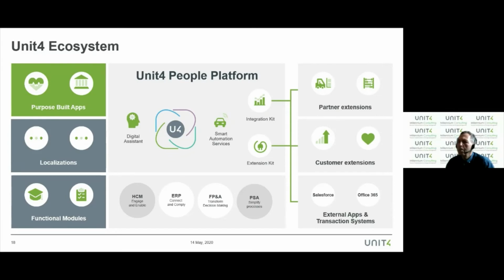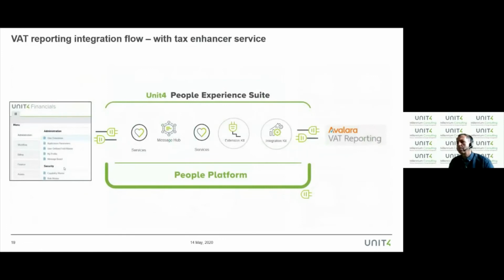And so from a Unit4 financials perspective, we have connected financials to this people platform for certain of these microservices that we want to consume. So apps that are built, or for that matter, in some cases, we can consume things like the capabilities within the extension kit without necessarily going via the message hub. So the key thing is, in order for Unit4 financials to take advantage of innovation on this people platform, we have to make sure that financials can use, whether it's extension kit, whether it's any of these apps, localizations that are developed. And the first one such example that I thought I'd pull out is around